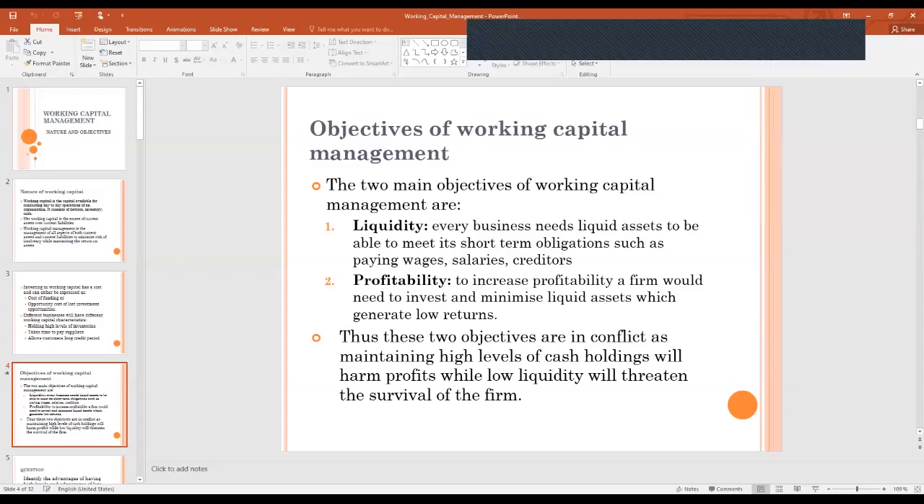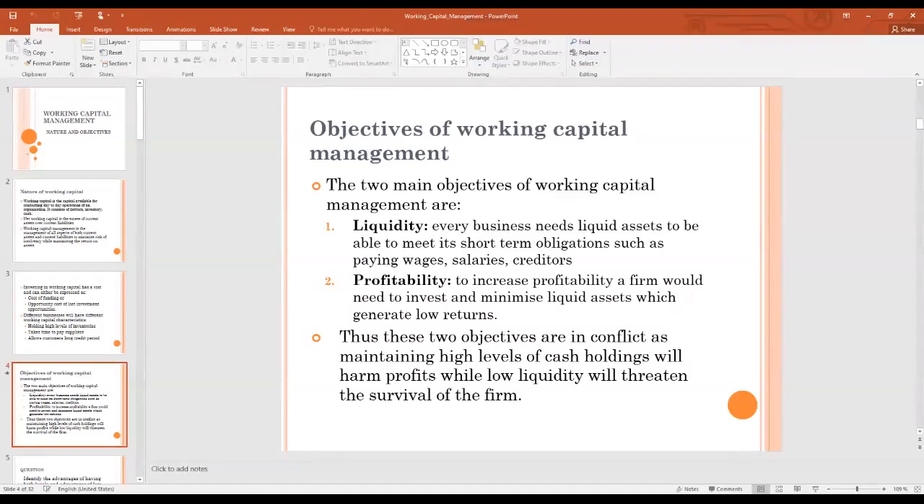Now, working capital management, as we discussed, is the management of the components that make up the current assets and the current liabilities, which is what is referred to as working capital. So the management of the current assets, that is inventory, cash, receivables, money market instruments, and the management of current liability components: the trade payables, the short-term loans, the overdraft,